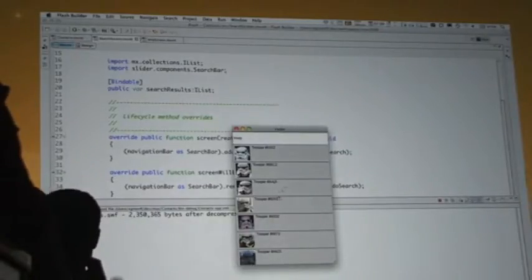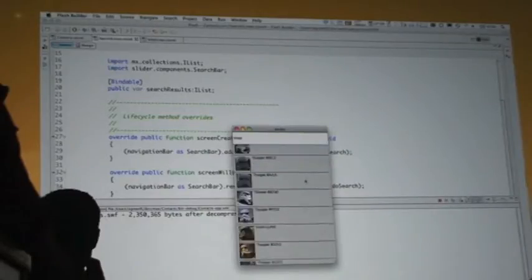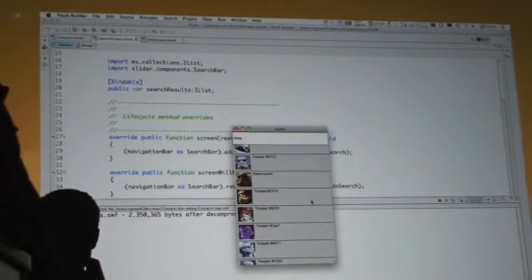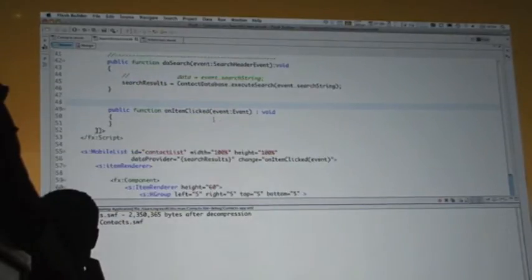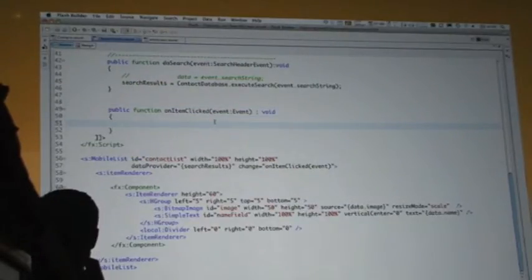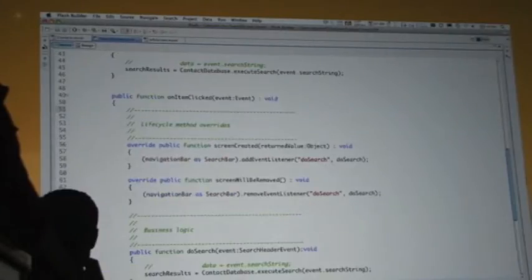Now, you see this is a mobile application. That's a list there, no scroll bar in sight. I can grab it and throw it, right? It navigates essentially the same way you'd expect a list on a mobile device to navigate. Now I want to say what happens when I click on one of these people. So let's close that down, and we'll go to our event handler here, our item click event handler, and we will throw in, oh, not that code,